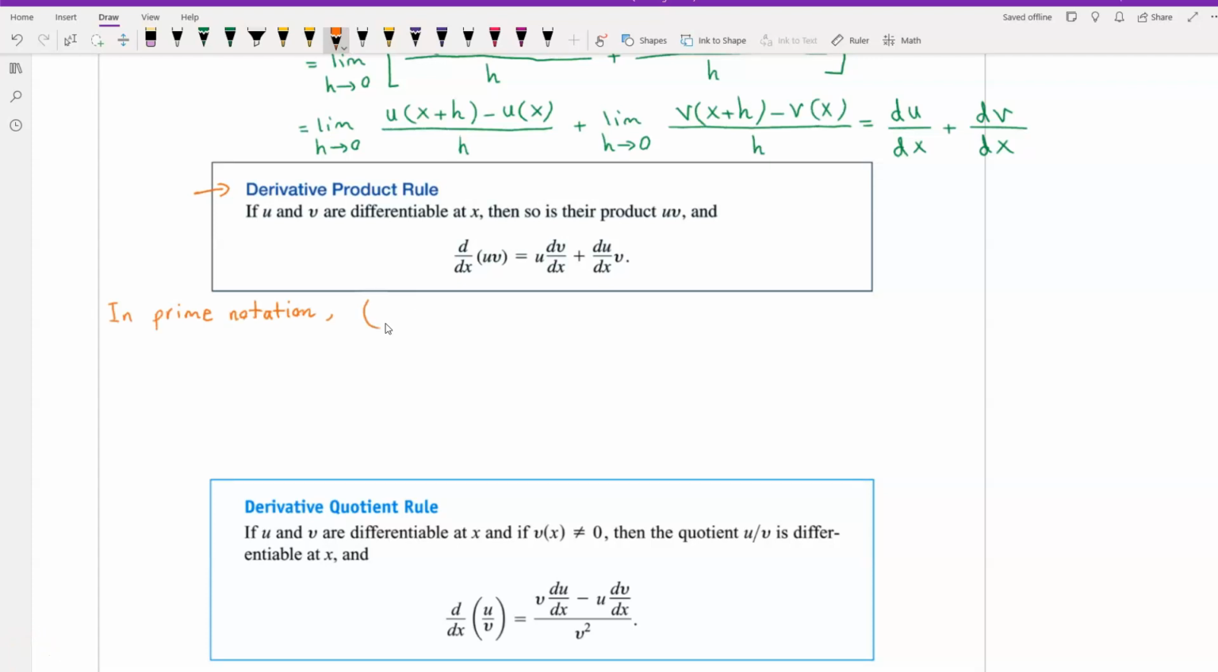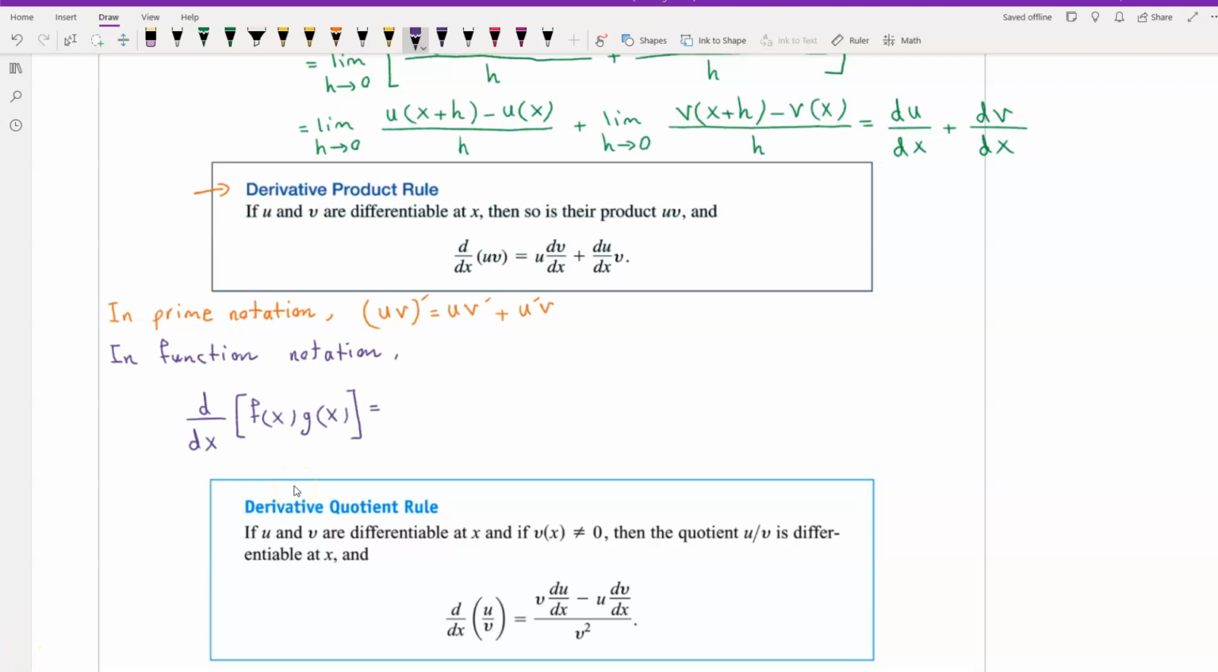In prime notation, what we have, so the derivative of product u times v, that means u times v prime, is equal to u times the derivative of v plus the derivative of u, so it's u prime, times v. So this is what we have in prime notation, and then in function notation,